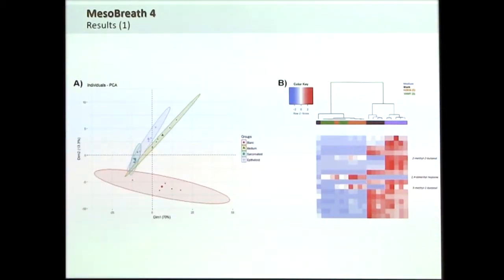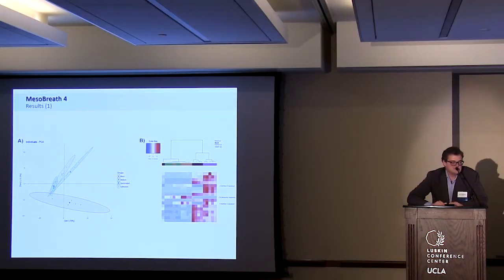Now, as a result, you can see that it was able to discriminate our blanks, the red circle over here, from our medium, the green, and also the 2 cell line types. So we have a differentiation of epithelioid from sarcomatoid. It's not that clear, but we have one outlier over here that causes this overlap between those groups, although they are really nicely centered for the rest. So it has some potential in discriminating those groups.